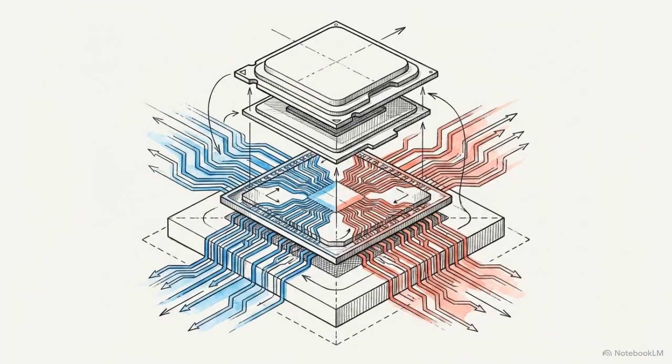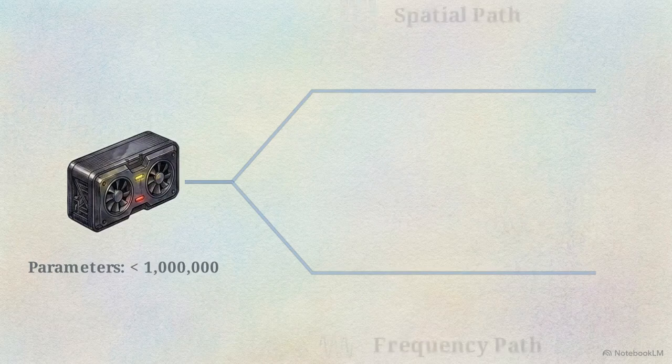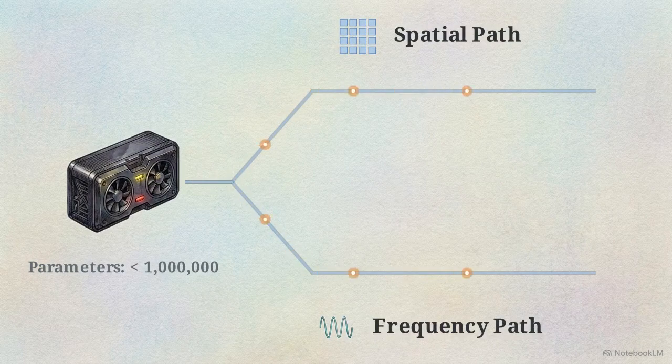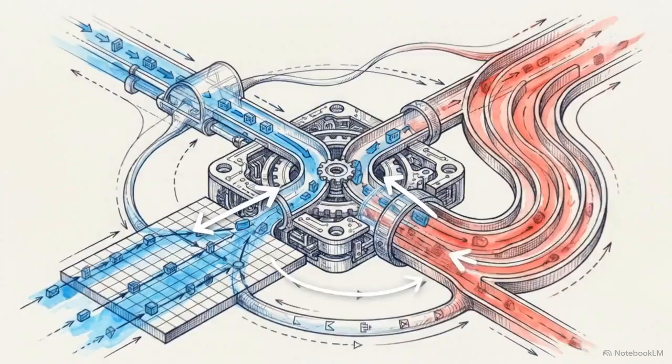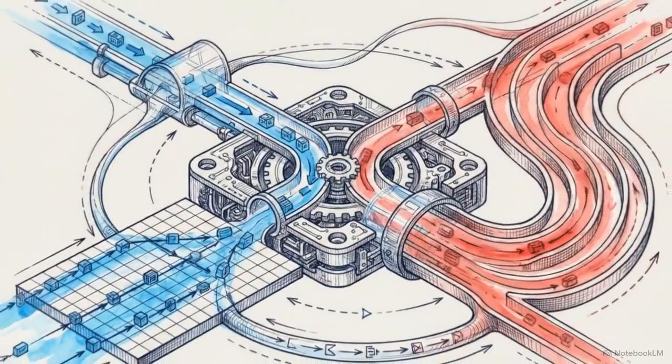A new architecture called FS-Stego tackles this exact problem. It is a highly efficient, sub-1 million parameter neural network, explicitly designed to process both the spatial and frequency domains simultaneously. FS-Stego manages this trade-off by dynamically routing data to its safest representation, moving the secret payload into whichever domain